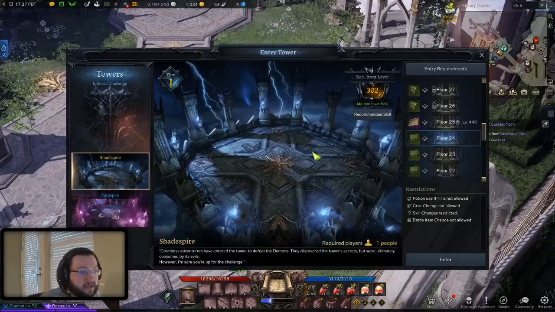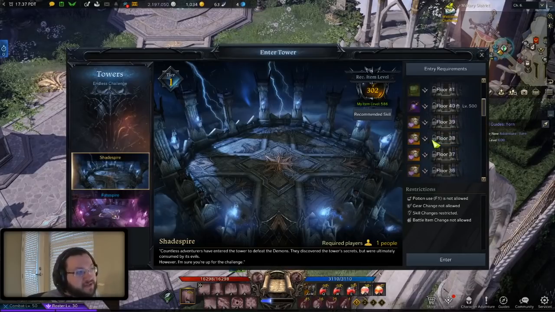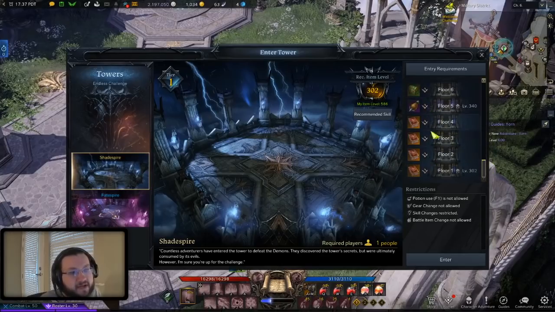So the tower, if you're wondering what the tower is, you'll unlock this when you end up getting to Vern at around level 50 or so. I don't know exactly when it unlocks, but around the time that you get to Vern. And there's 50 floors in this tower here. And as the tower floors get higher, the difficulty is going to get higher, but the rewards are also going to get better. And you can see on the right side here, these are all the rewards that you get